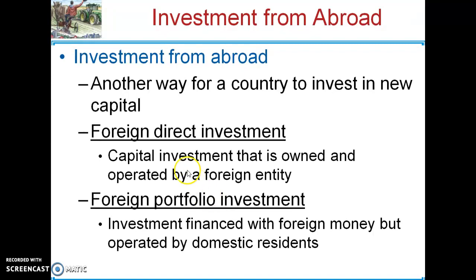So both types of investment from abroad can contribute to economic growth, specifically for a poor country. So hopefully that